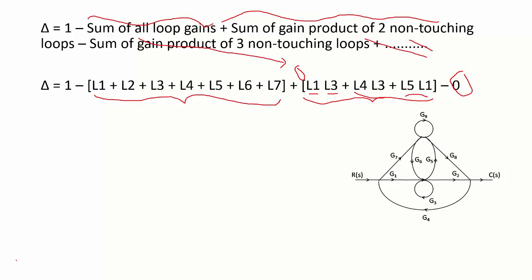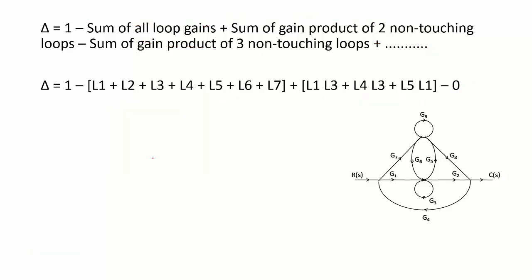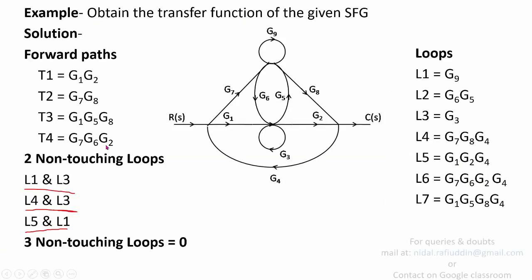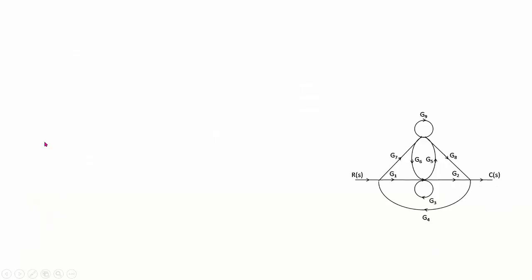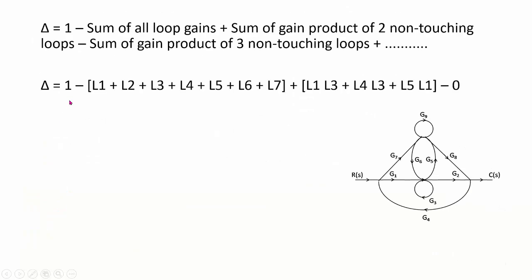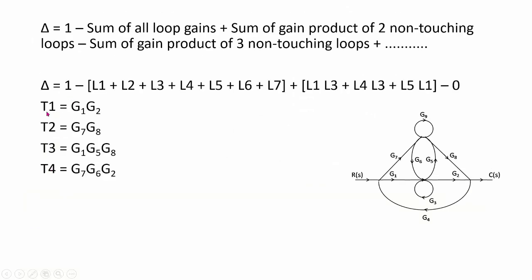Now we are going to identify the values of delta 1, delta 2, delta 3. So we'll have four deltas: delta 1, delta 2, delta 3, delta 4, and they will be identified using the forward path gains T1, T2, T3, and T4. So let's write these forward path gains again. Corresponding to T1, if you want to find delta 1, then as I told you yesterday, you will have to eliminate the SFG that corresponds to T1 and the SFG